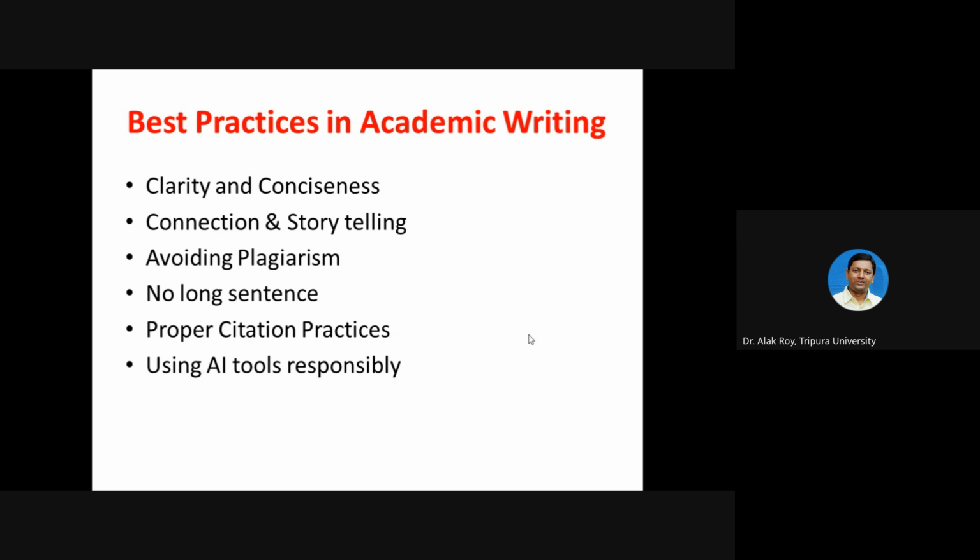AI is going to give you a direction, and you should use it accordingly. That is called ethical use. And more importantly, you should acknowledge it in your article: I have used this AI tool, that tool, and for this purpose. And every good journal demands it.